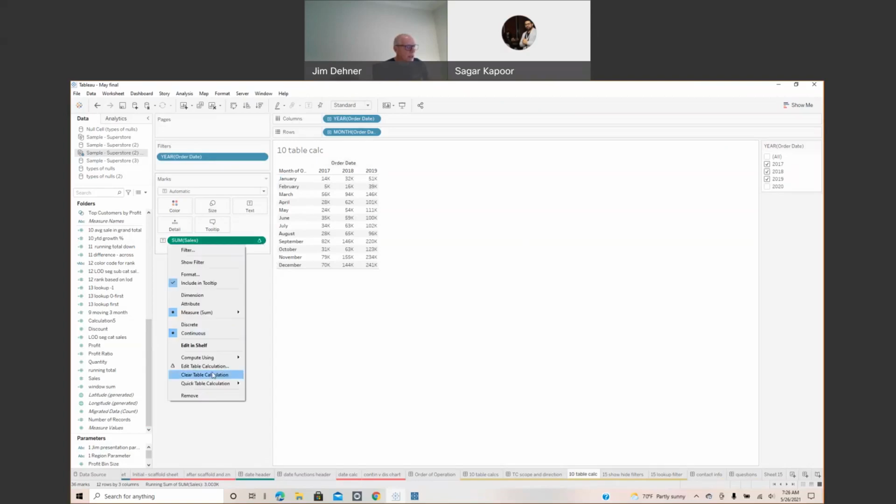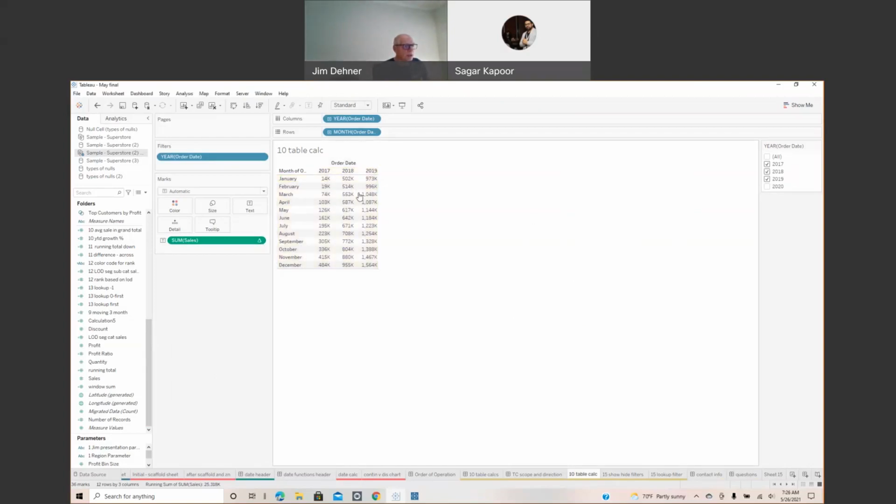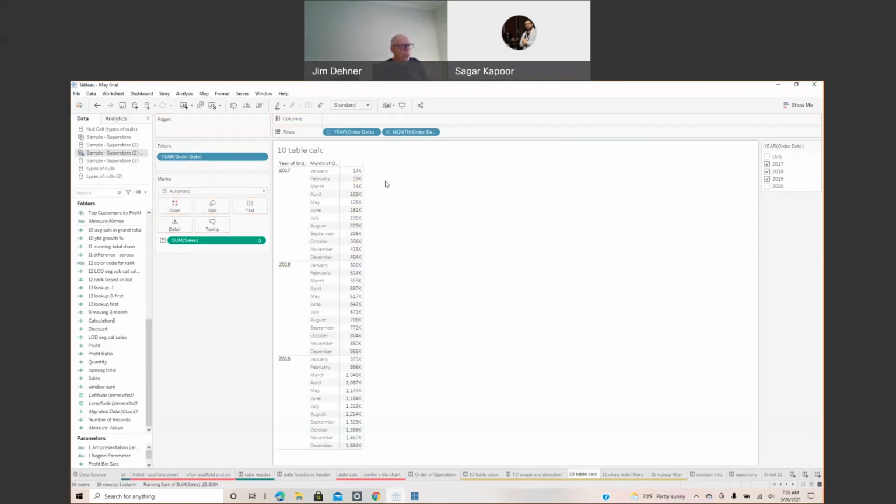Not really what we wanted. I'm going to edit the table calculation so that we now include all the data, and we're not going to restart the calculation. So we now see that the data is continuous across the entire data set. And it would probably look a little better if we did this. So now we've got a running total that starts in January of 2017 and goes